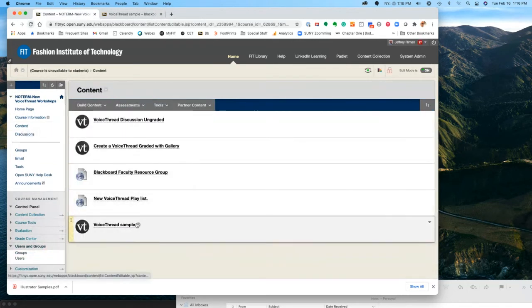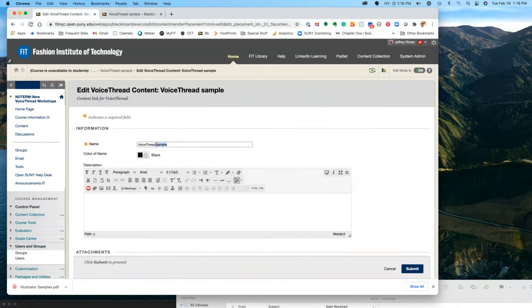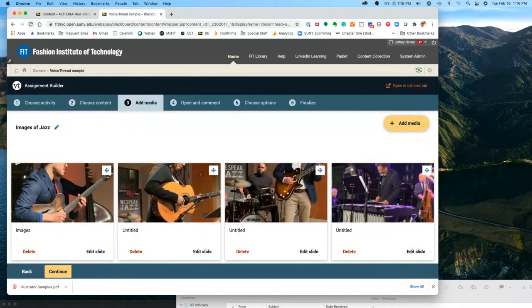So this sample, I'm just going to retitle it so we know what it is. I'm going to call it VoiceThread Graded Discussion. Two words, right? And then what we can do is I'll just go back and take a peek and see, there we go.